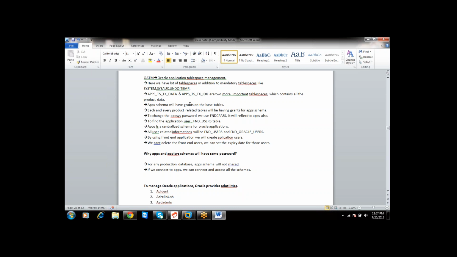So here also, for each component, a data file will be there. If you consider a tablespace having 10 data files, all the data will be scattered across them for all the components. I didn't get your question, Prakash. So there is one tablespace. The entire component, if it is storing data, will store the data in APPS_TS_TX_DATA, and if it is an index, we will store the indexes in the index tablespace. That is how we define it.